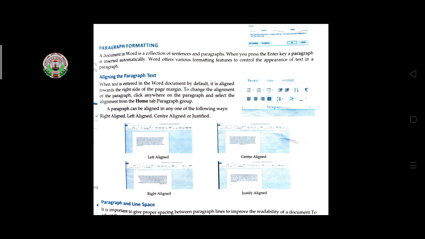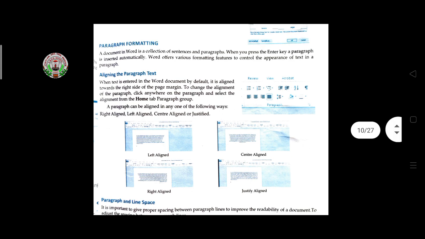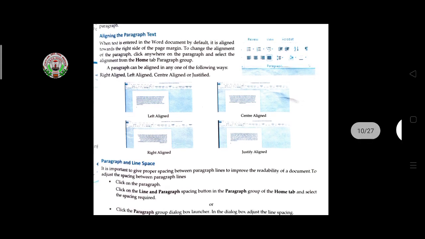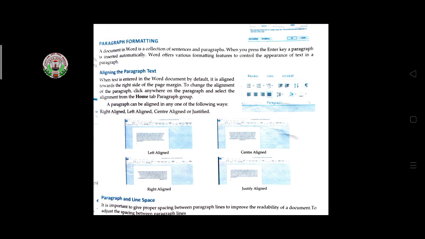Then the second paragraph: how to write the second paragraph after the first paragraph, where you have started the first paragraph. That line you have to start the second also, same as that. So here also formatting is there in the paragraph. Some points are there, and you have to mention the points as prefix and suffix.